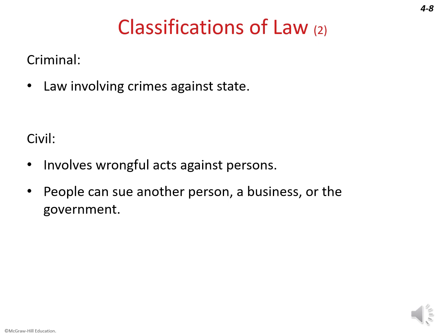Classifications of law. So there's criminal law, and that's law involving crimes against the state, which would be like burglary, or rape, murder. Civil law involves wrongful acts against a person or their property. And so people can sue another person, a business, or they